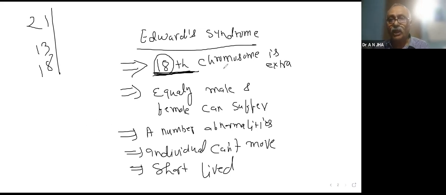So that is about the autosomal. Now I am coming to the sex chromosomal. Besides writing, it is advisable to take a screenshot and then share it. It will save time. The main thing you have to understand, and then you make the notes in your register.